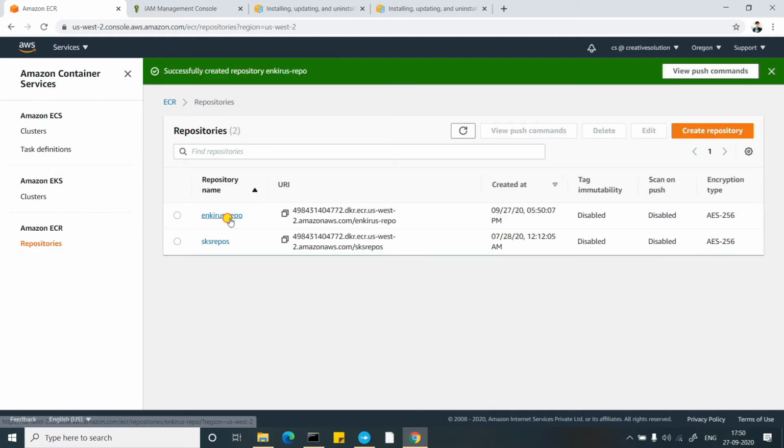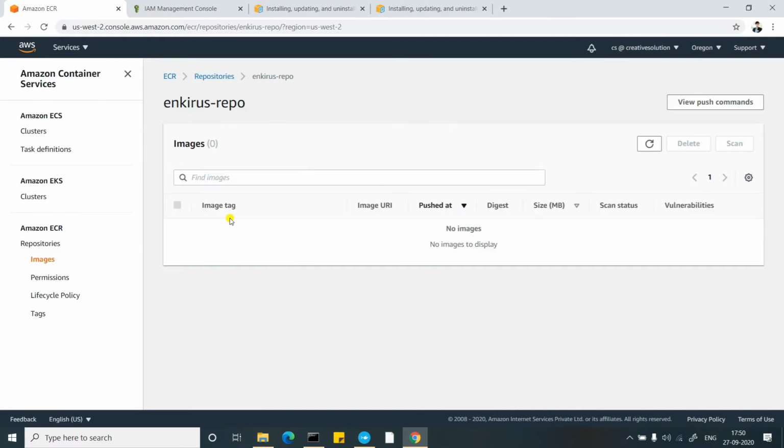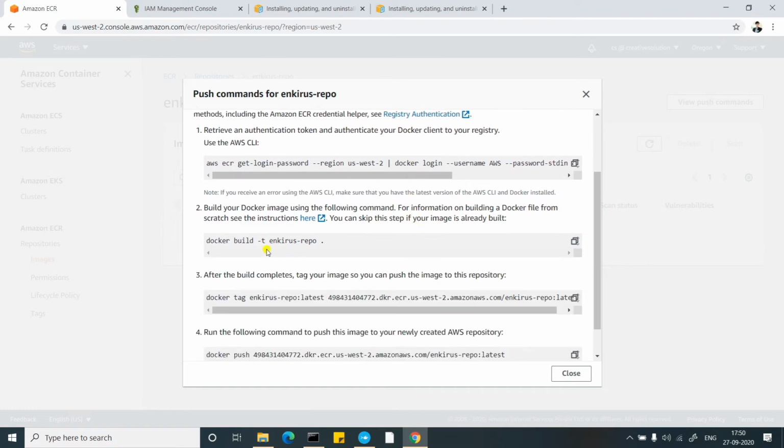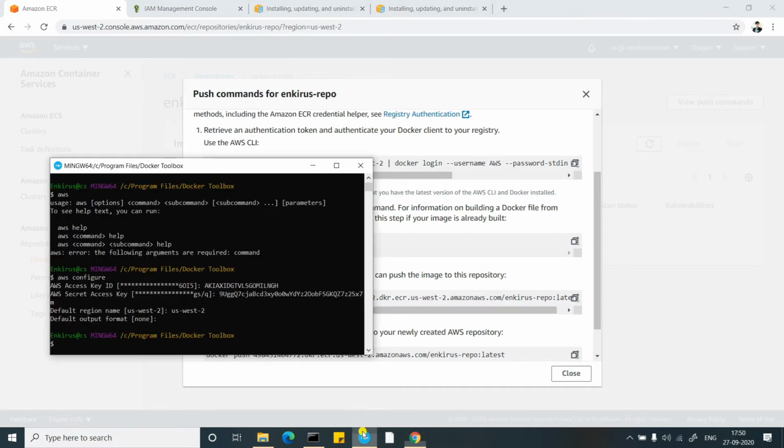After the repository has been created, I need to authenticate with my repository from my local system. Only then will I be able to push. So I'll click on view push commands here. As you see, it shows me the push commands. I will skip the build part because I'll be using Nginx, which is already in my local repo.